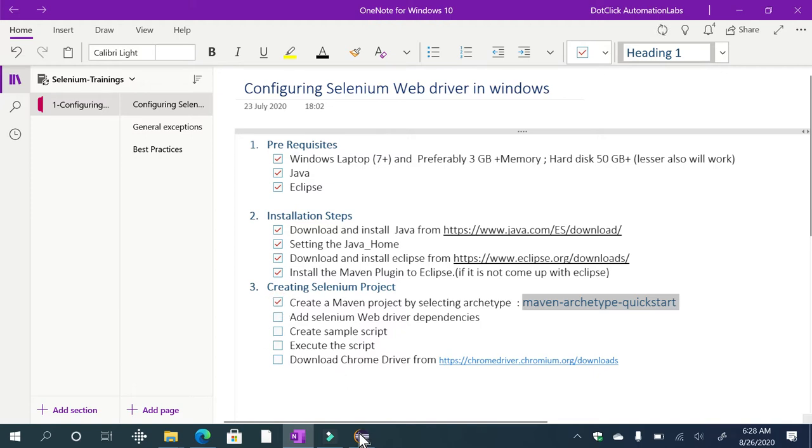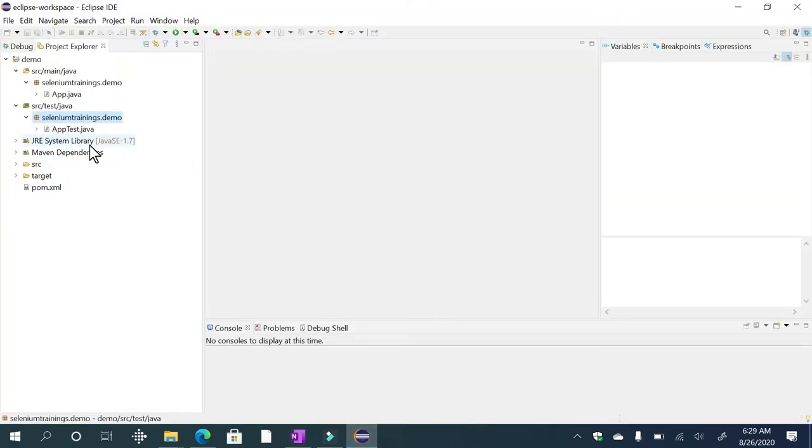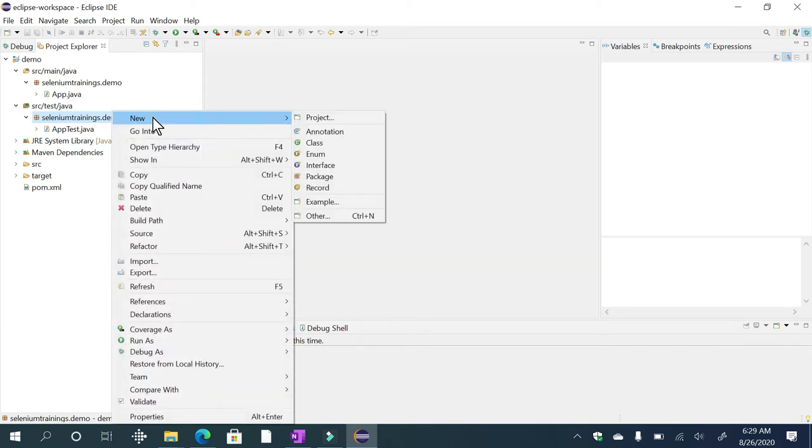Now let's see how to add WebDriver dependencies. But prior to that, what is a dependency? Well guys, to create any test case or anything, you need to go over here, new, and you can create a class.